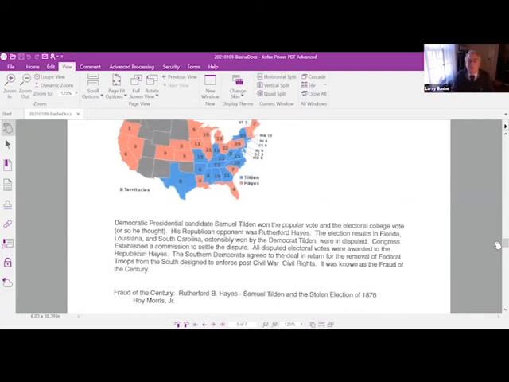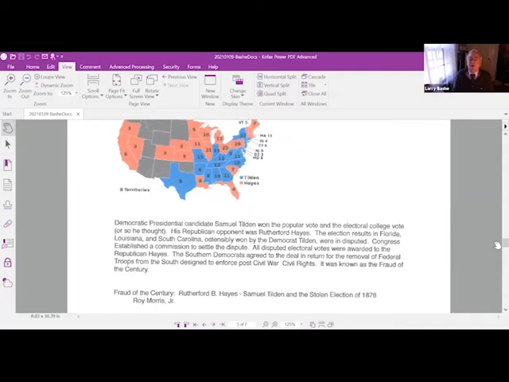And former President Ulysses Grant suggested a commission. The commission was set up. Long story short, again, a deal was cut. Just like the 1824 election. That's a possibility with the Electoral College process. So I'm being a little glib about it, but essentially the Southern Democrats cut a deal with the Northern Republicans